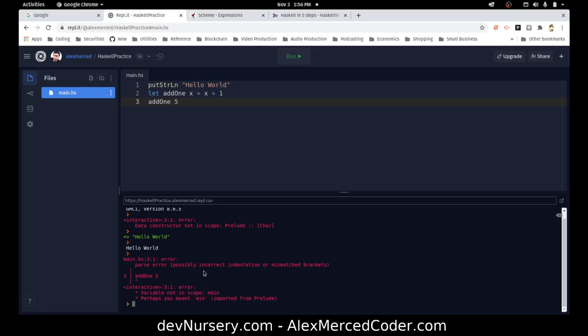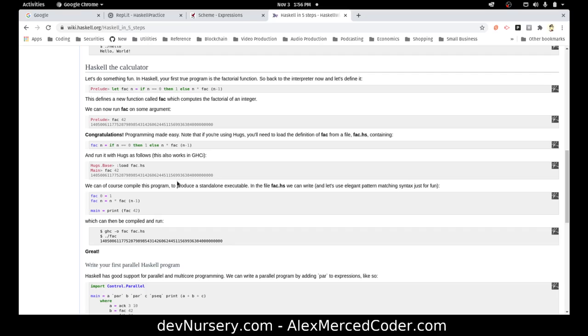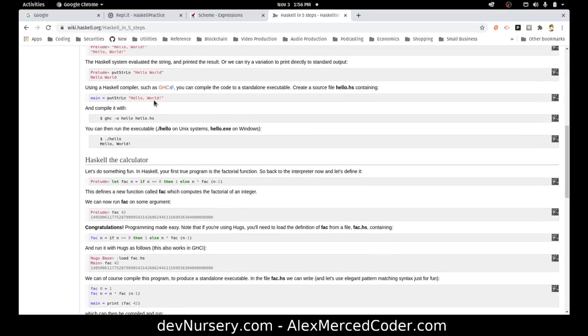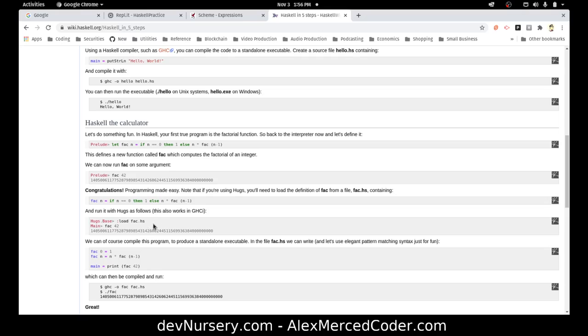Let add1, parse error, possibly incorrect indentation or mismatched brackets. Add1 5. Imported from Prelude. Let's see here. The program made easy. Note that if you're using Hugs, you'll need to use the definition of fact from a file called